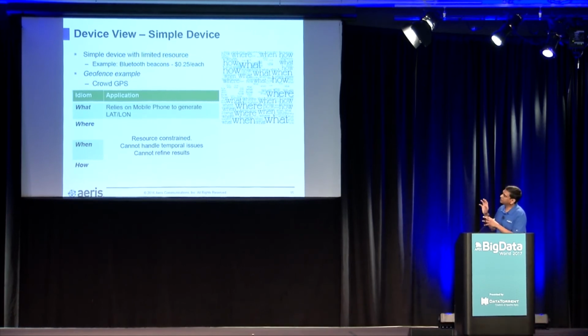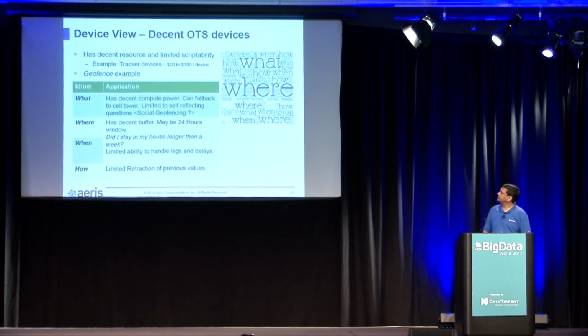So here, the example is that it doesn't even know how to compute the lat long. It relies on the phone, and it's very limited in terms of other idioms, which means you have to worry about the idioms in a different context. This device is not going to help you there. But again, we also have to take that in the context of the time we are in. If you look at the history of computation, if I make the same sentence maybe 5 years from now, these devices probably will be able to do more of it. So I'm talking about where we are.